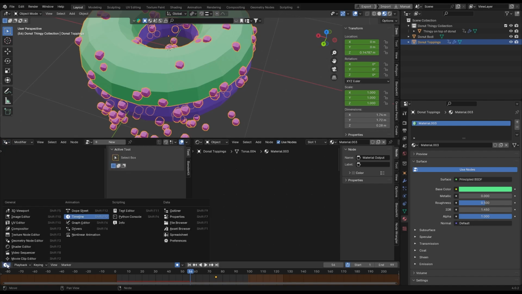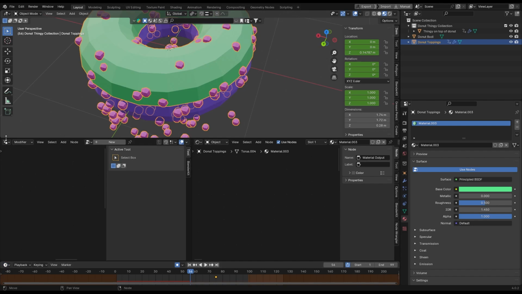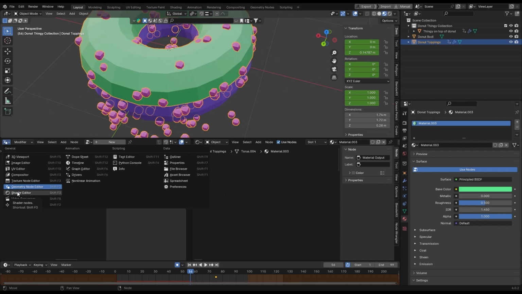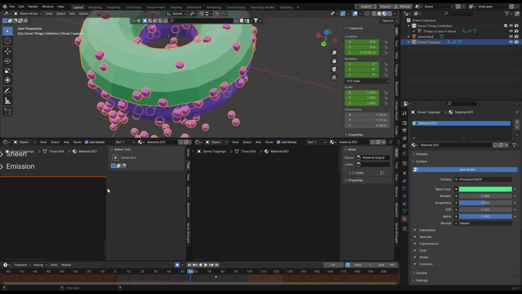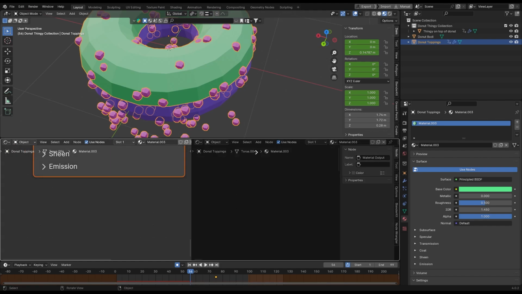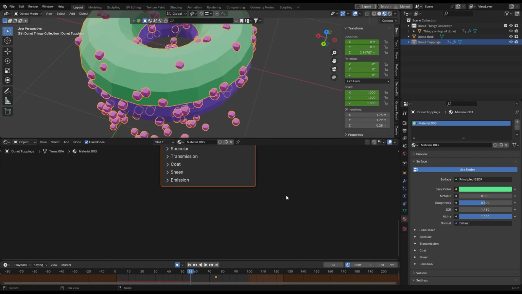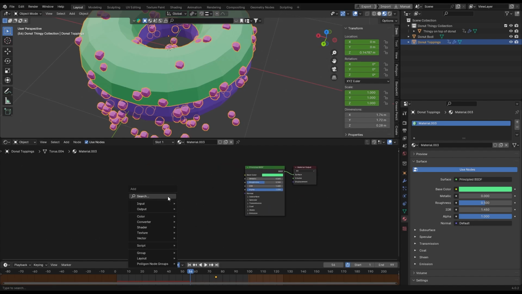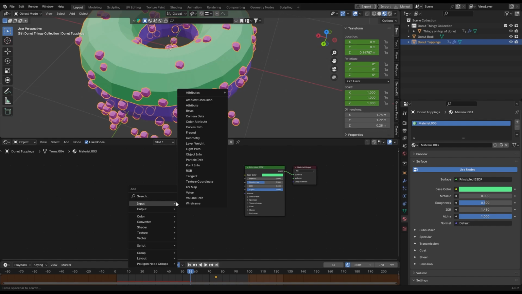Every window on the top left has a little icon indicative of what it is. The timeline, dope sheet, yada yada yada. What we care about right now, or what I care about, I don't know if you care about it, is the shader editor. We go here. We make the magic happen because we're going to go to this material right here, and I'm going to make or search for